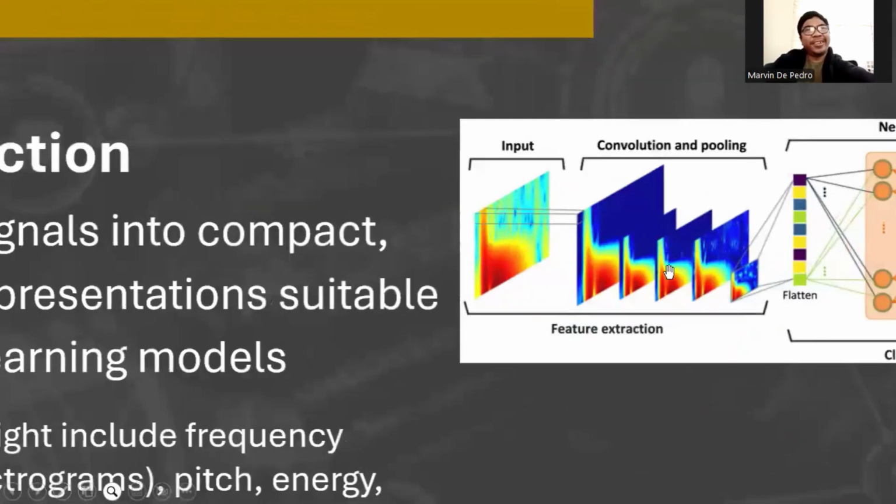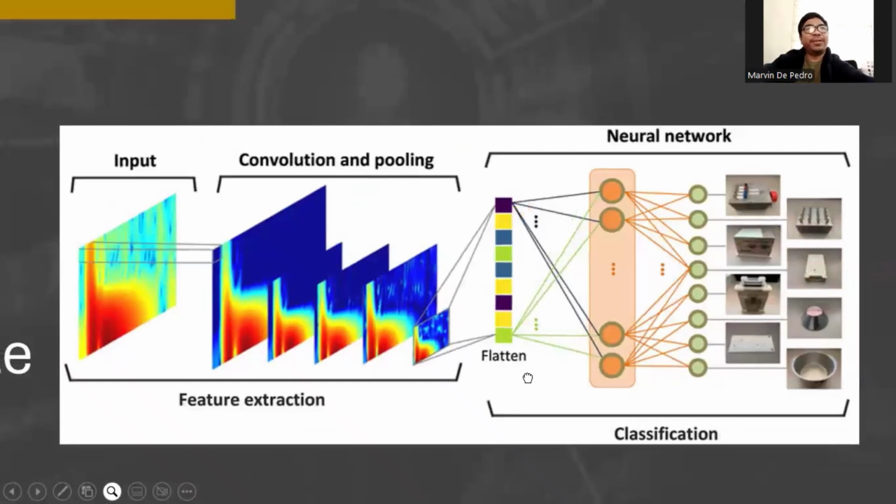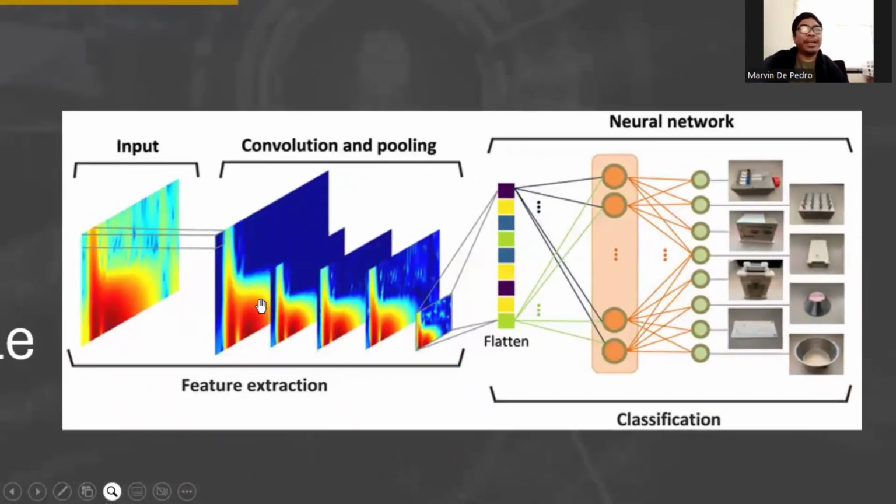Here, both audio and video can undergo 2D convolution. Remember the 2D convolution for the images. We can do that also with spectrograms. First we have to represent our audio in terms of spectrogram, or in the case of image, it's the image itself. So there will be convolutional processes here,